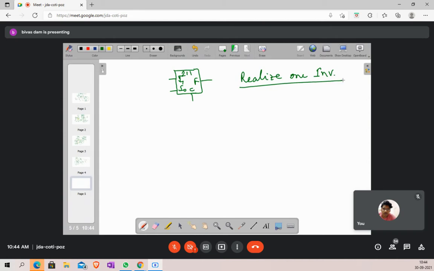Did anyone say something? Sir, I1 is equal to 1. Very good. And I0 is equal to? Normal input. Whatever we give, we'll get the I0 bar. Yes, very good. So my requirement is, if this is the ultimate block, here if I connect A, here I will be getting A bar.